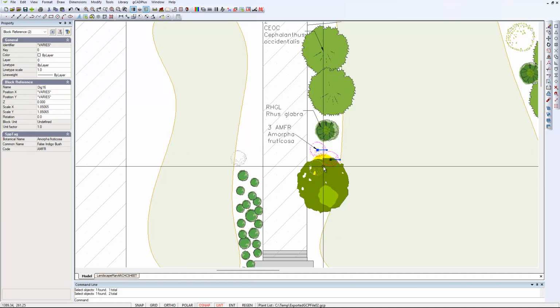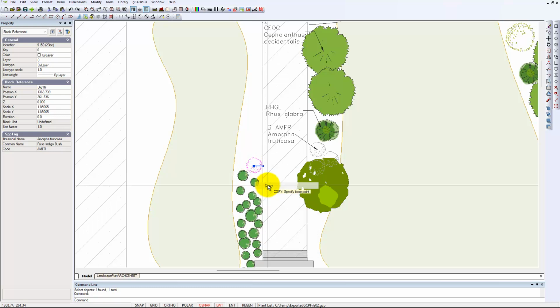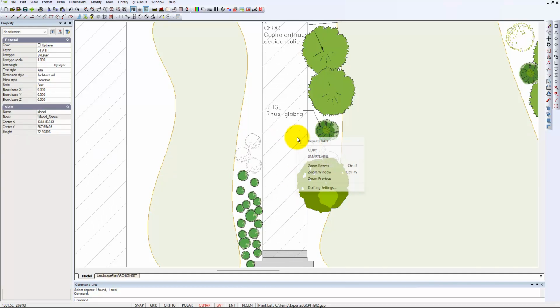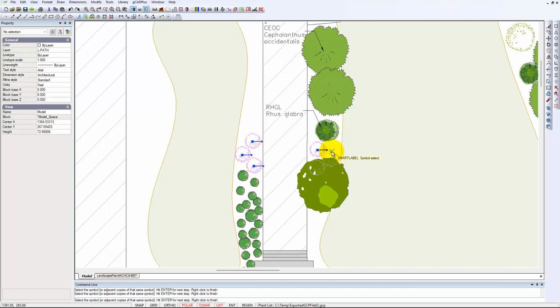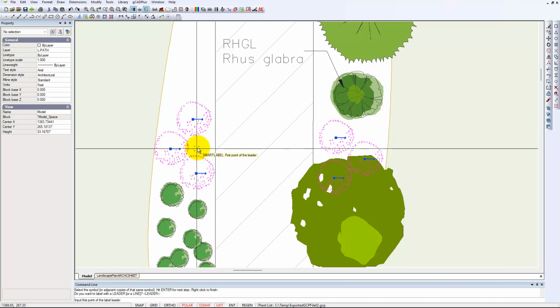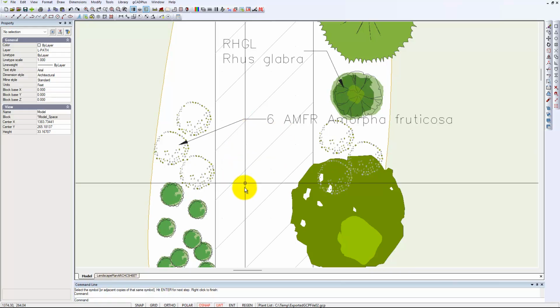This one here, which was 3 of those symbols, we've got another one over here. Let's imagine that we had copied these and had 3 or 4. We could run that again and eliminate that one and run the SMARTLABEL tool again, saying pick that symbol, that one, that one, that one, and that one. Not sure if we can pick this one as well. Yep, we can. Hit enter. We're going to do a leader. The first point of the leader line can be over here, and the next point, do we want to pick up the code? Yes. Botanical name? Yes. Common name? No. And the count, change it to yes, and in, right click to finish, in it goes,